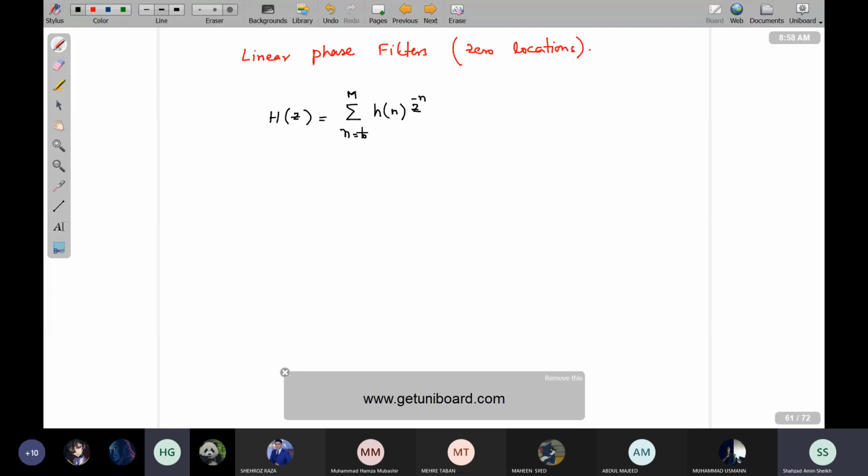जो फिल्टर लेंथ जो है वो आपकी m+1 है, 0 से m तक, तो फिल्टर लेंथ आपकी m+1 है. Now in symmetric cases,